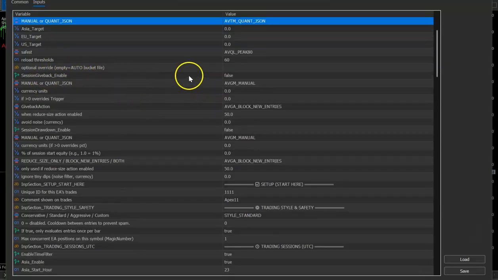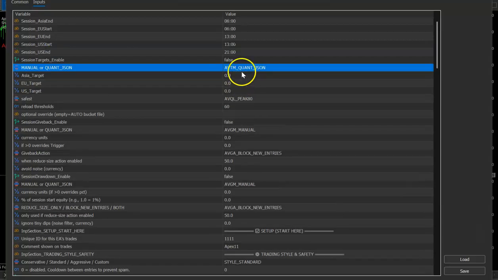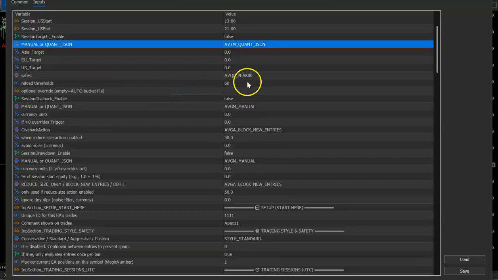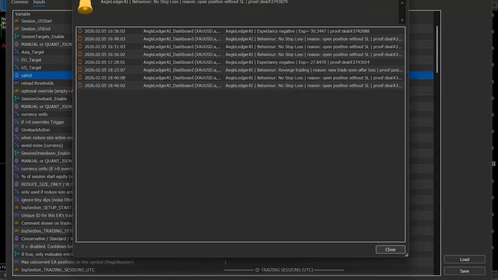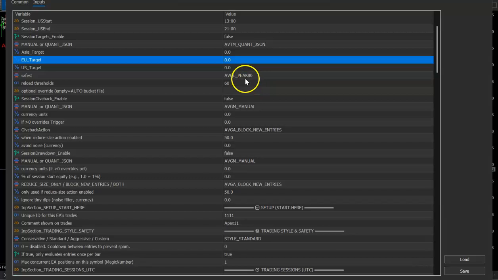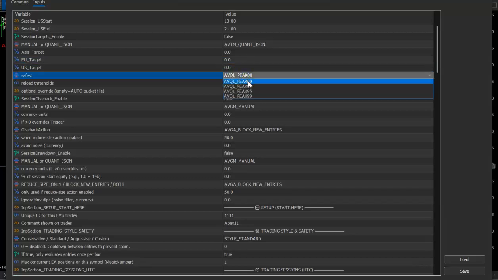So what it is essentially doing, say the daily target, the Asian session target, was 500 euros. That was the peak. And sorry, I have to say this first: these are based on Monte Carlo peaks, so simulated peaks of profit. But then once it's got live data from actual real trading, the profit peaks, this peak 80 is